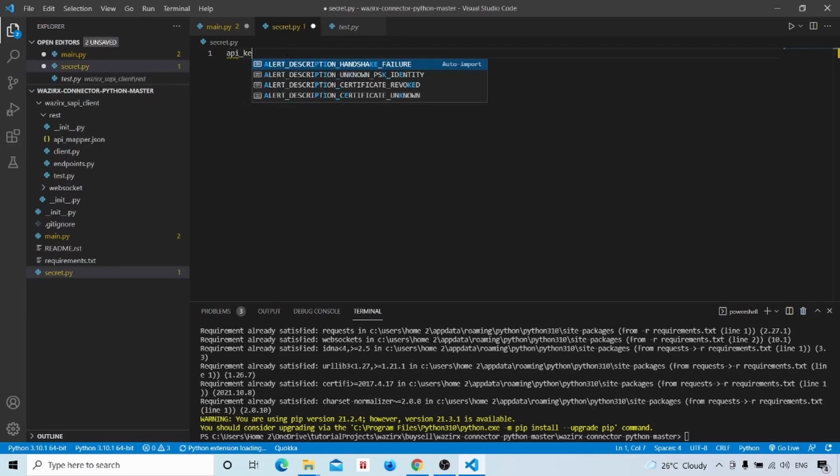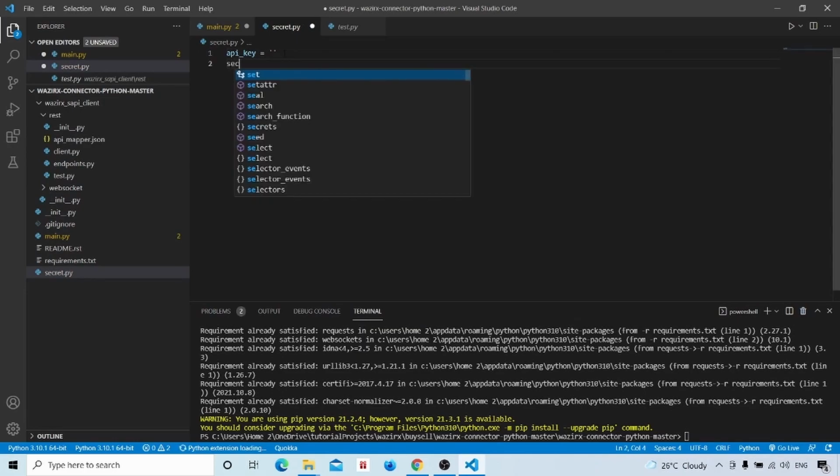API key equals, now copy your API key from WazirX account settings and paste it here, and the secret key also you copy and paste it here. I am not pasting it now because it is a secret.